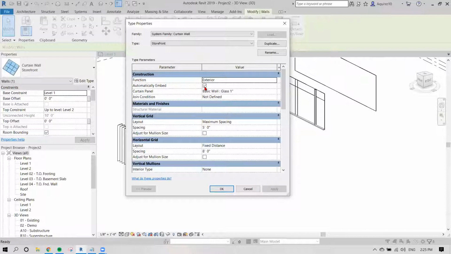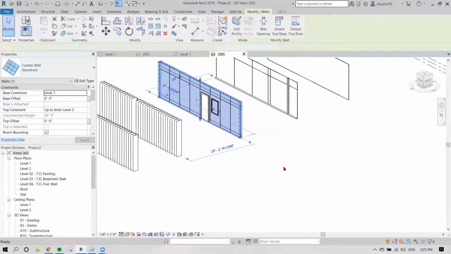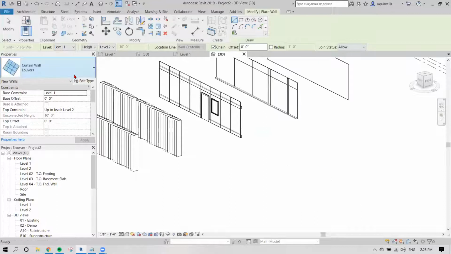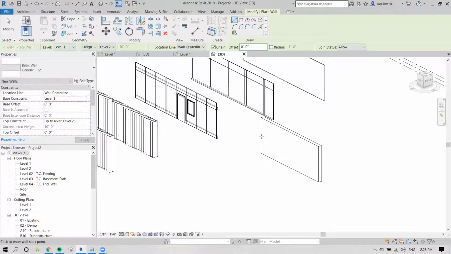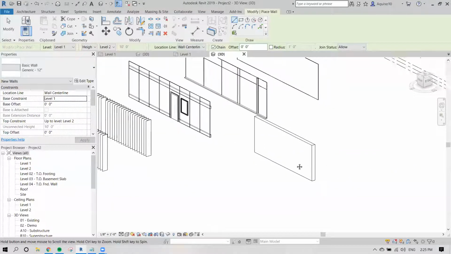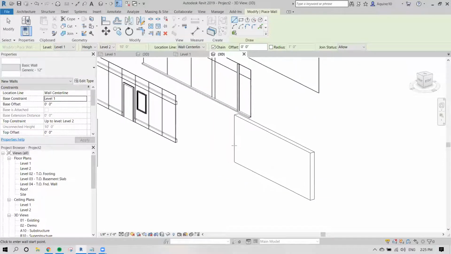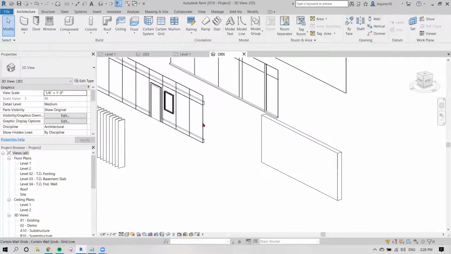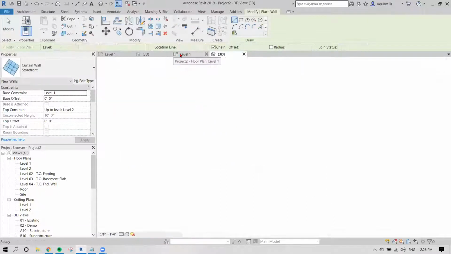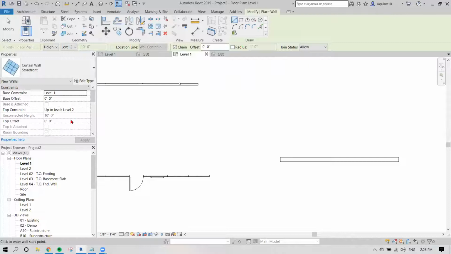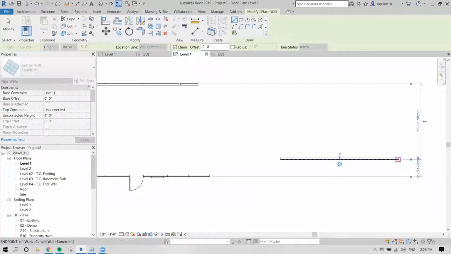In most cases, I think you'll want this on because if you have a wall, like a regular wall, for example, with generic 12-inch, and you want to place a curtain wall that's within the same, I guess, line of this wall, then if your curtain wall has that embed option checked, then it should be really easy to, we'll say that it's unconnected. 4 feet. Yeah, it'll be really easy to embed that curtain wall within this